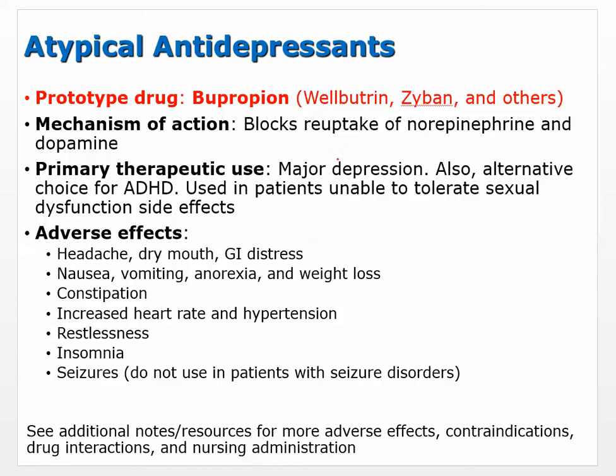I'm going to say now that something else that blocks the reuptake of norepinephrine and dopamine is amphetamine and cocaine and, you know, your ADHD treatment drugs like Ritalin, methylphenidate. So these also block the reuptake, and originally this was thought of that maybe it would be effective against ADHD, but then they found that it was either more effective or it was effective against depression, and so that's a labeled use for it. Okay, so primary therapeutic use is major depression.